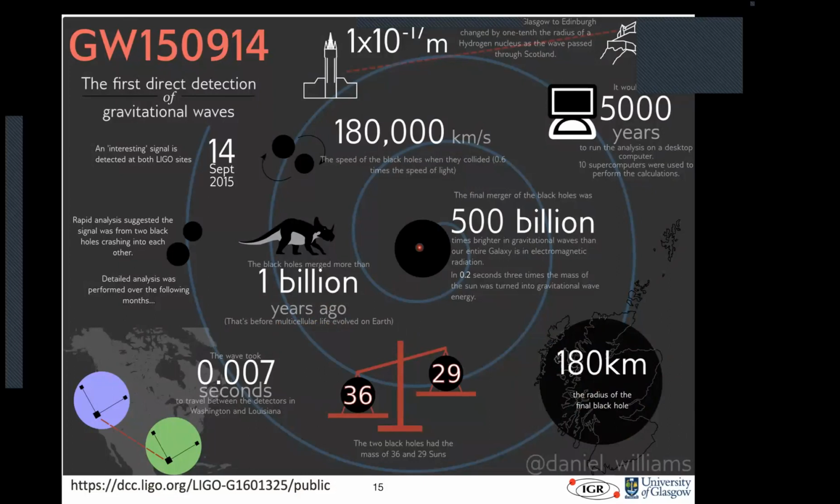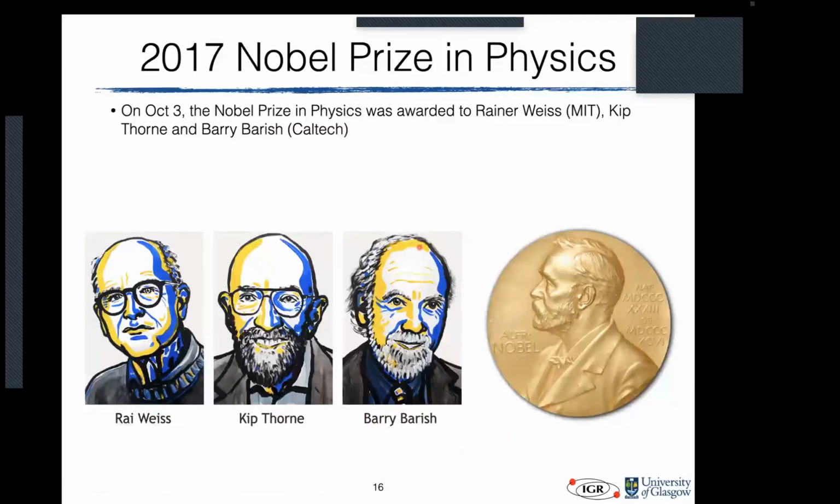Okay, and this observation won the Nobel Prize. It won the Nobel Prize not just for the first direct evidence of gravitational waves, but also the first direct evidence of black holes, because these two things were direct evidence of black holes moving around. Nothing else could explain it, and that merger and that ring down at the end was completely consistent with what they expect for a black hole. Okay, and so Rai Weiss, Kip Thorne, and Barry Barish won the Nobel Prizes for this particular discovery, which was excellent. But what's more fantastic is that about that same year,